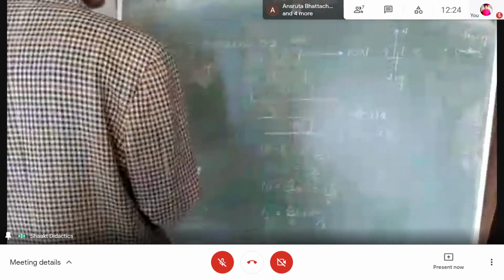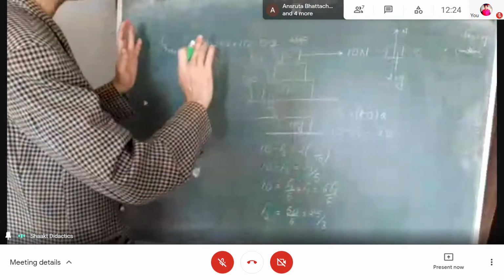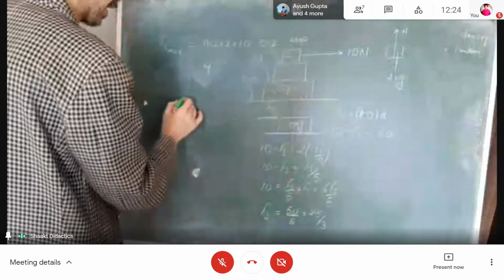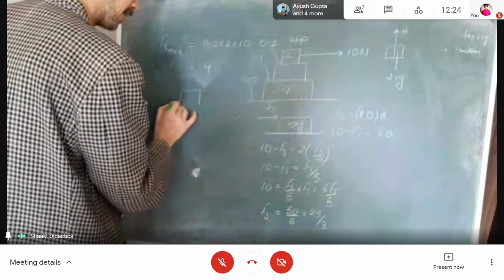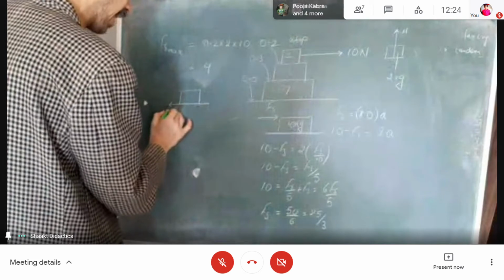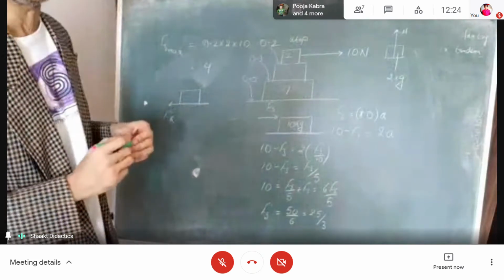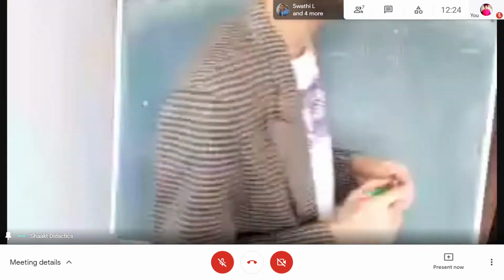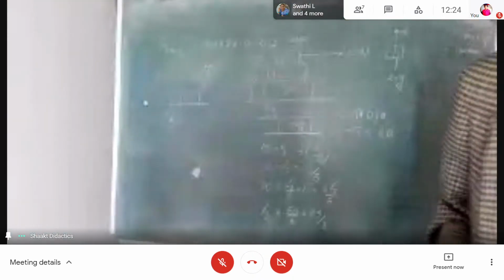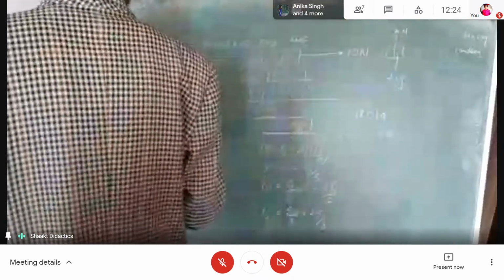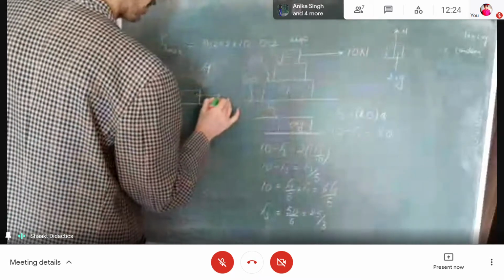Once there is relative motion, well established, taken with testimony, I am well within my limits to say now that what will act on the 2 kg is Fk. Are we within our limits? Yes or no? Yes, sir. So Fk will act backward, 10 is acting in the forward direction.